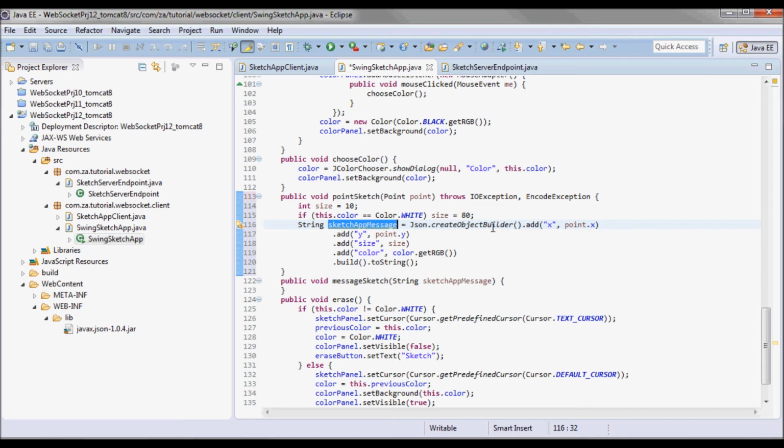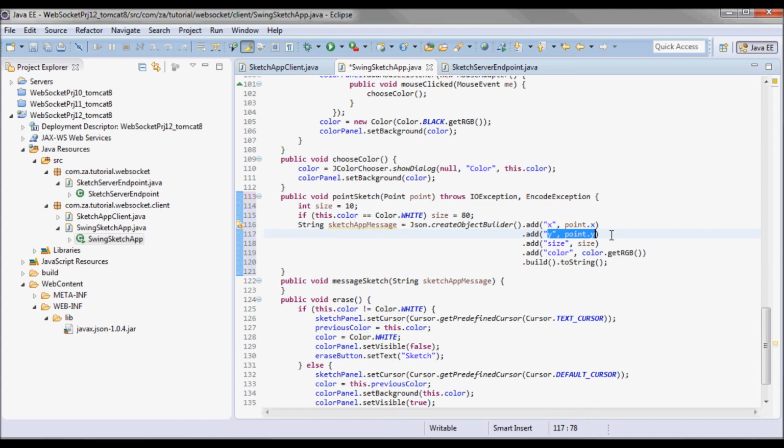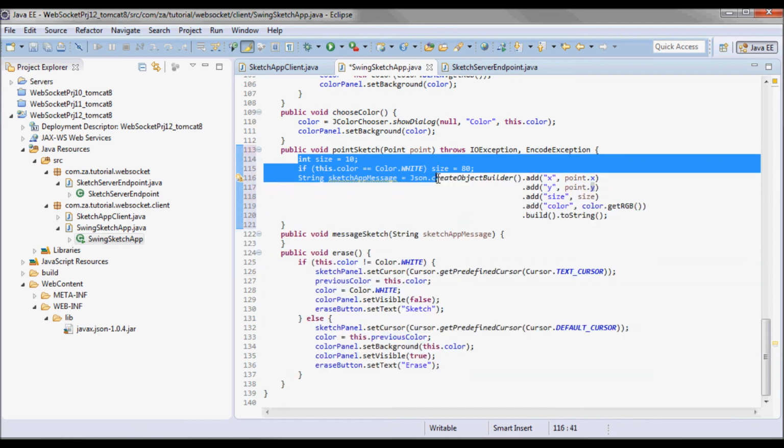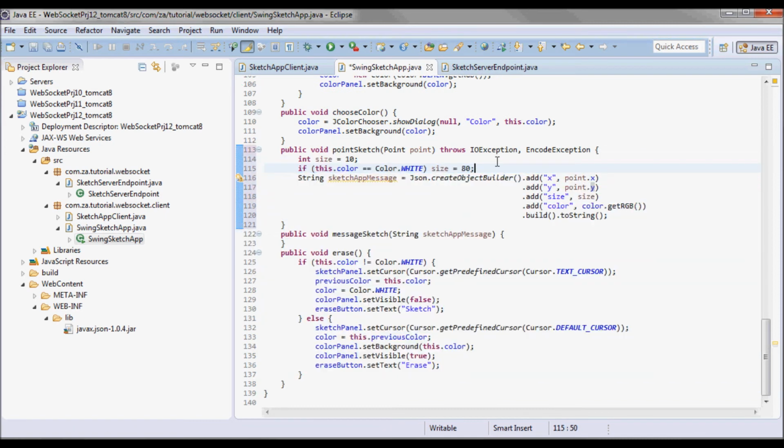So Json.createObjectBuilder, and I'll add the x coordinate to be point.x, and the y coordinate to be point.y, and the size, if it is normal sketching or erasing, and the color, so color.getRGB, and I'll call the build method on it and do a toString.